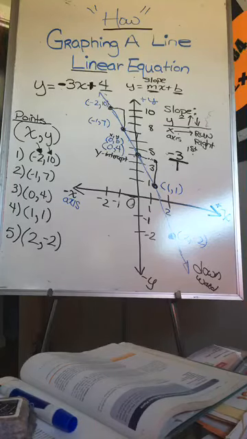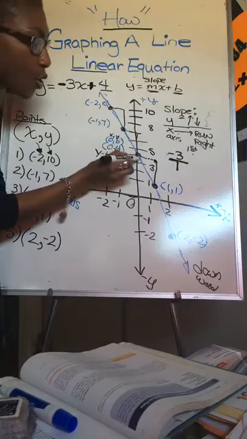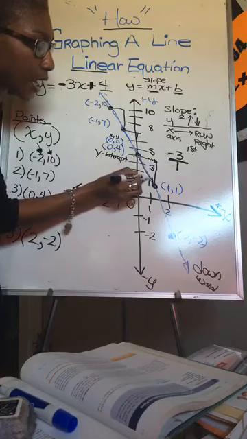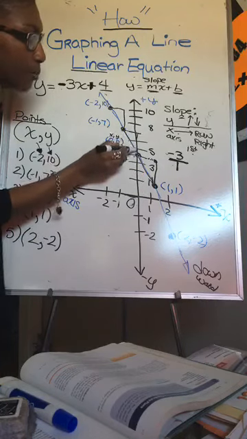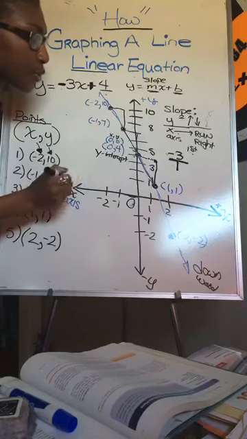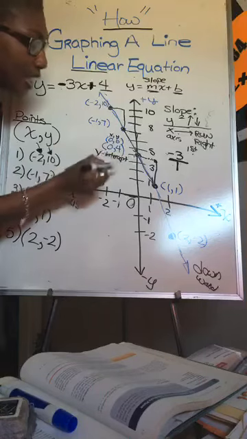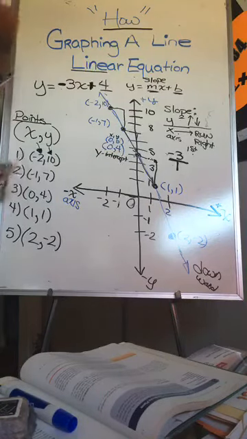That is called your slope, okay? So your slope is going downward. If I was to put an arrow here, every time we move over 1 and come down 3, we hit that point. We hit that ordered pair. We hit these points,